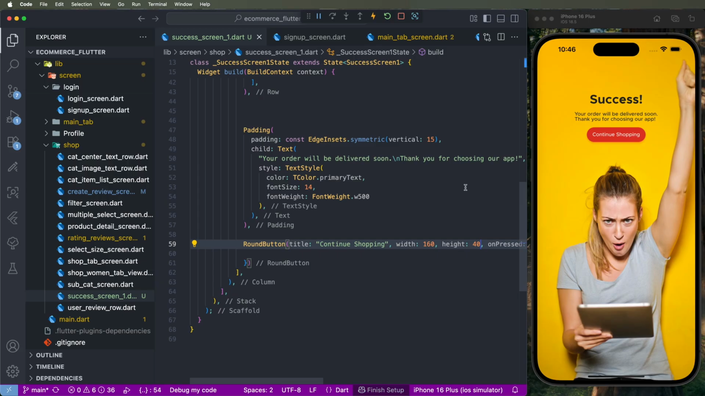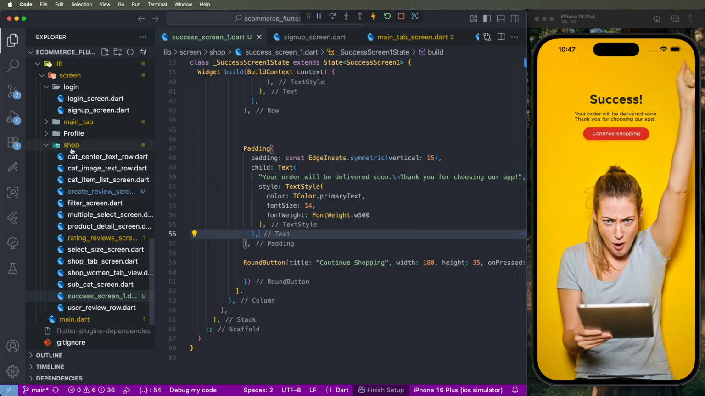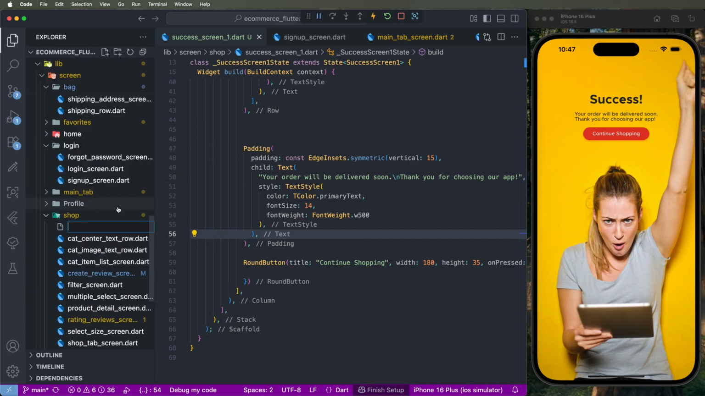Need to make here the continue shopping. So we need 180 for these buttons, good for this UI, and 35 height. Now display good for this UI, and now this is the success order screen, need to make here the done. Now for another screen we need to create here a new file and give this the name success